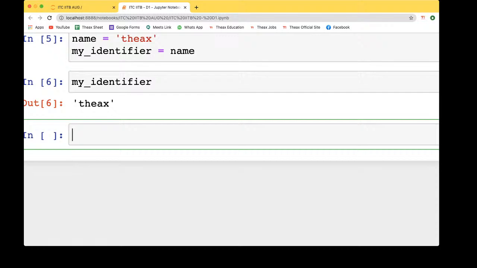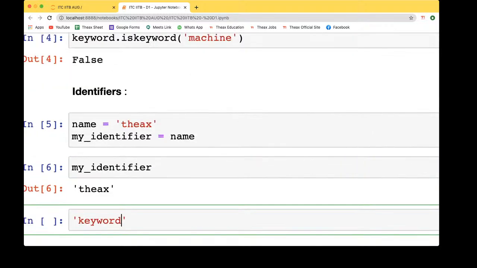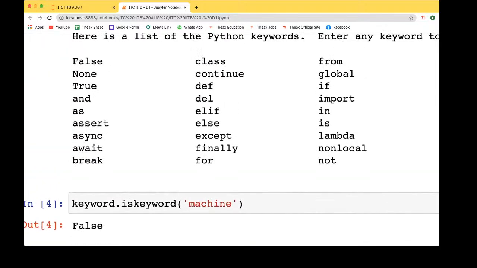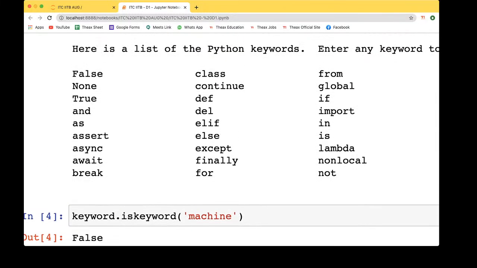Okay, we can see some questions. Why is "keyword" not a keyword? Udaya Kumar, you have written it like this, and that is not actually a keyword. Why? Because you can see the list of keywords you have, and only these are the keywords in Python. None of the others will be a keyword. So it does not belong to this keyword family of Python. Okay.